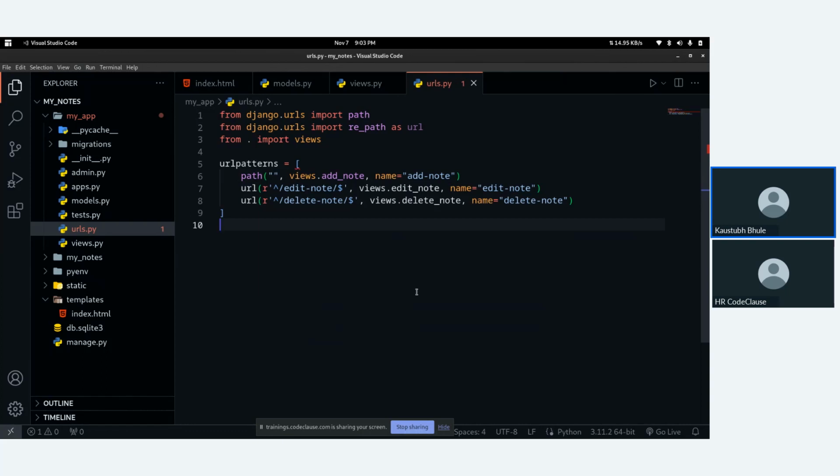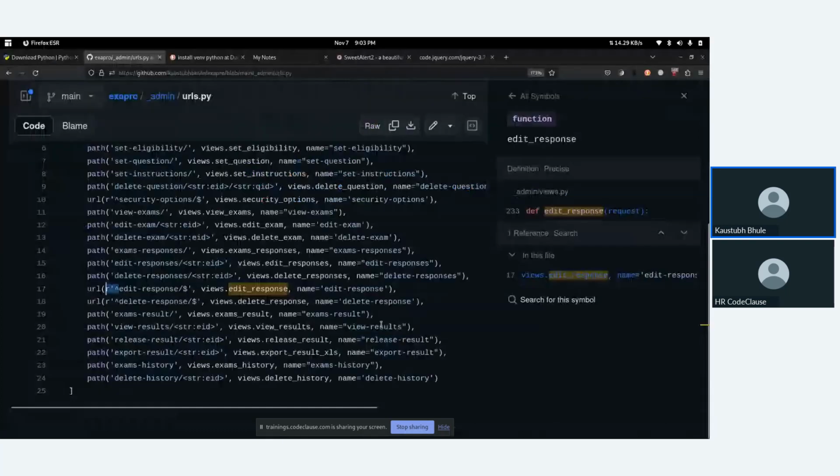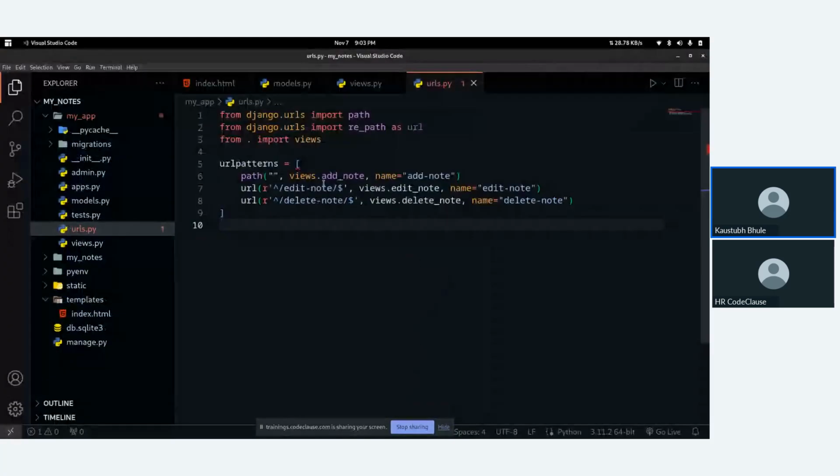I guess we still have an error. What are we doing wrong, guys? Okay, got it. Basically, we just forgot to add commas here. Fine. Now it's fine.